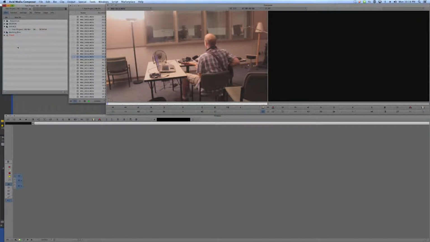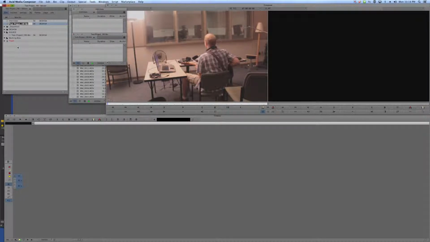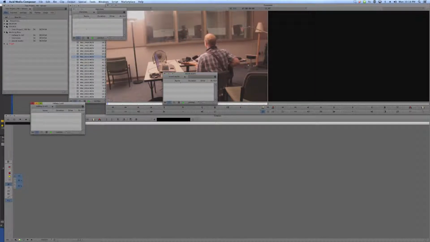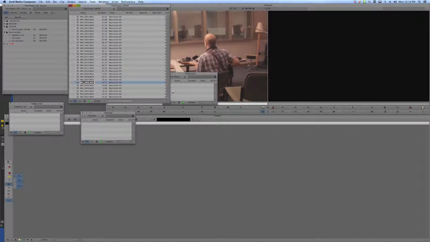Let's create 3 bins in here. Again, Command N for new bin, and I'll call this one interviews. Command N, and I'll call this hallway B-roll. And Command N again, and I'll call this sound studio. Now, these are 3 working bins. I'm going to put them in the working bins folder, and they all open in their own windows when I create them. Now, I'm going to go through my source bin,